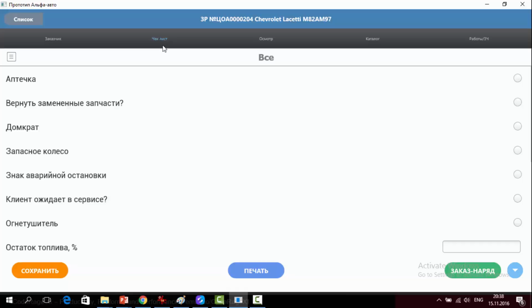The second tab is the checklist. When you are passing your car away, you should be sure that everything will be the same. I mean the spare wheel or fire extinguisher, and what is the gas in your tank, etc., and different options.